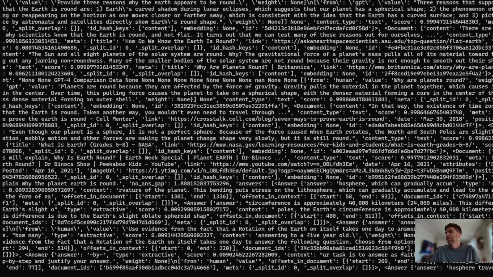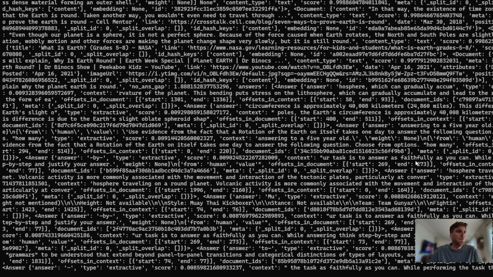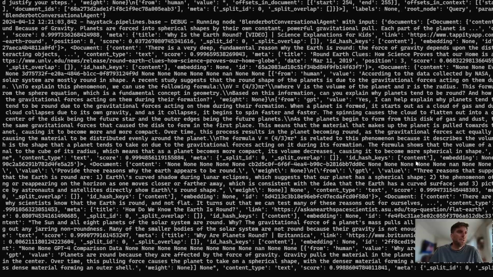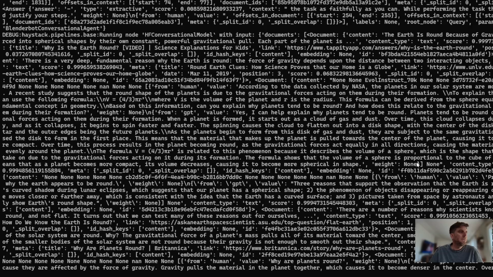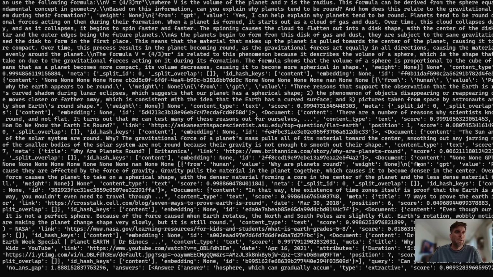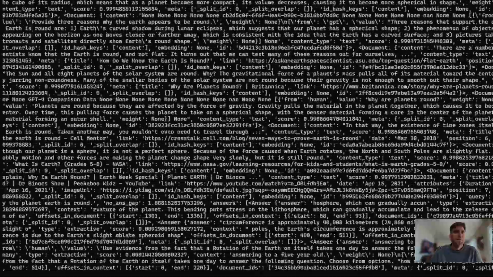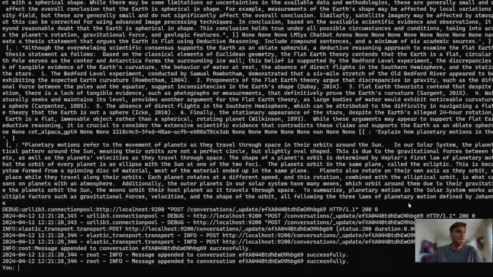and I don't know if you can see this, but if I go to the website, it says why are planets round, and it's a whole little summary about it. So it not only gets the information from itself, but from external sources, and then it takes this information and starts synthesizing, asking questions about it, and going more in depth. And anyways, after thousands of lines where it's discussing the topics, we get to the end of my code,